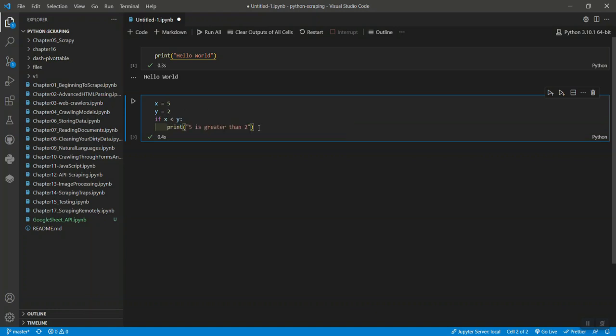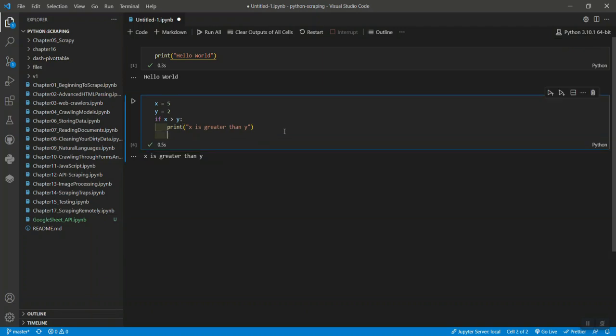Now if I press Control Enter, it's still false, so it's not giving me any value. If I change the condition back to 5 greater than 2, then it will give me a value. Since I have replaced the values with variables, I will do the same in my end output. This is how you can use variables.